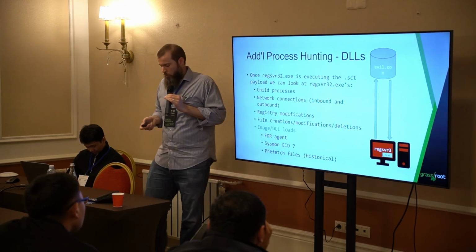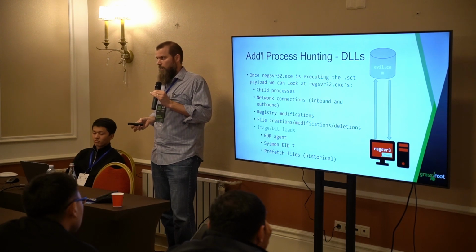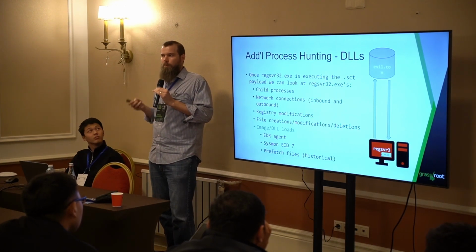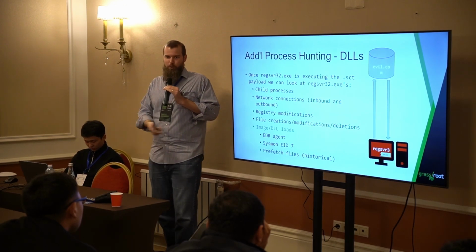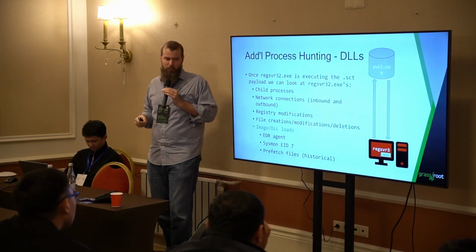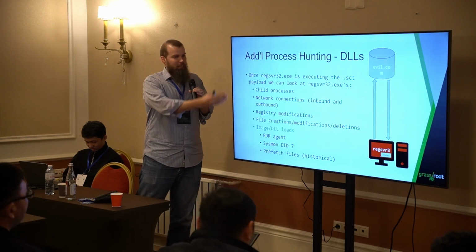what was it? There's a researcher named James Forshaw that came up with DotNetToJScript. I'm blanking on the name. It's basically using JavaScript to be able to load assemblies. And he came out with that shortly after Squiblydoo, and people merged those things together, and it became a killer combination. Because now people can run any unmanaged binary directly from JavaScript, loaded by